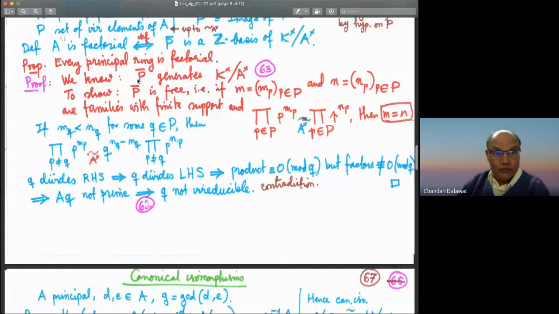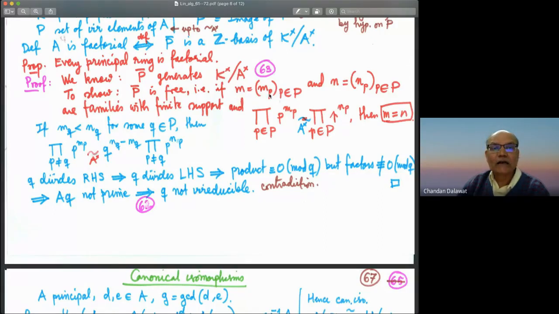What we already know for principal rings is that P bar generates K star modulo A star. This is just saying that every element of A is a product of irreducible elements. This is just a consequence of that. So what we need to show is that this P bar is a free subset of K star modulo A star. In other words, if you translate it back in terms of A, then it means that if I have